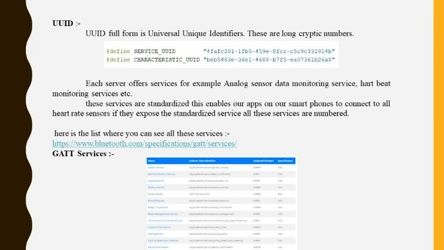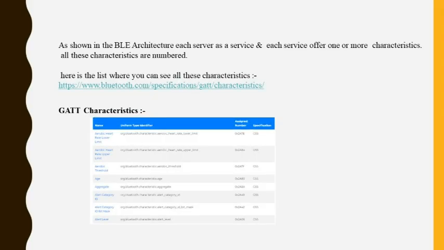The server UUID and characteristic UUID provide security to the BLE client and the server, so BLE is more secure than classic Bluetooth. As shown in the BLE architecture, each server has a service and each service offers more than one characteristic, and all the characteristics are numbered.